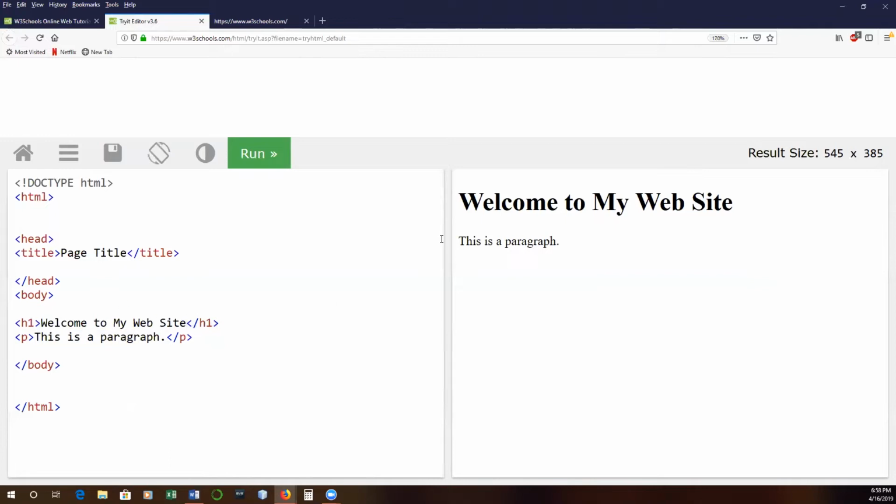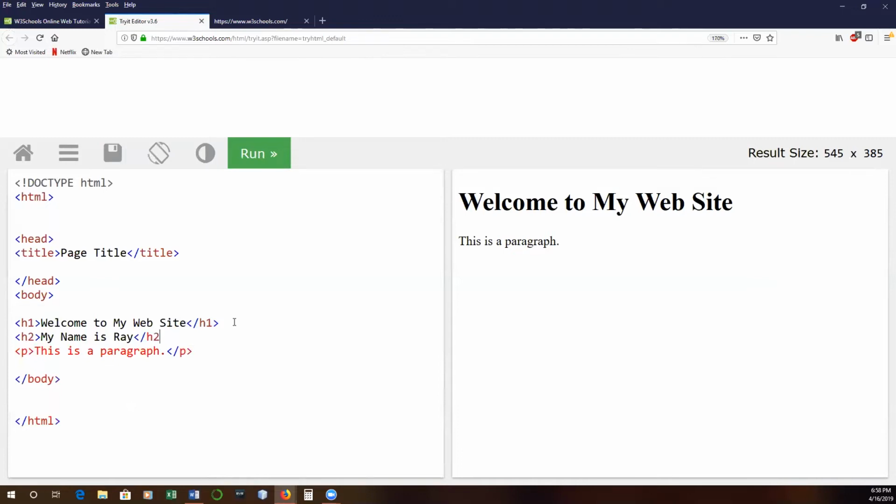Headers automatically have what they call line breaks. You will begin to see this later. I want to have a second line down, and let's say I want to have a second header. I'll type this out, H2, close bracket, and I'll say my name is Ray, and we're going to close that